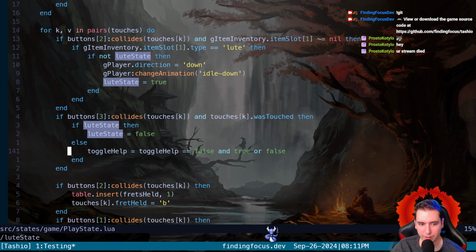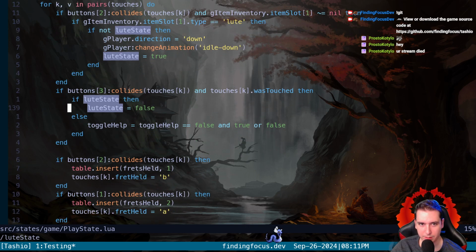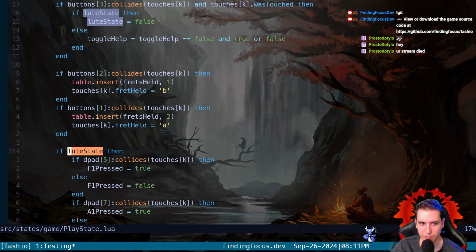Yeah, any logic that we're doing based on the Lute state. Not really this. Not anything that has to do with the Lute state boolean, but anything that has to do with the condition of Lute state, we can move into our Lute class. So let's try to do that.